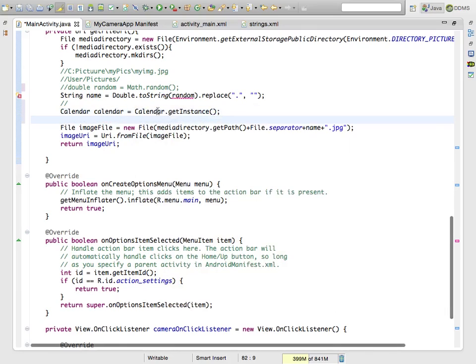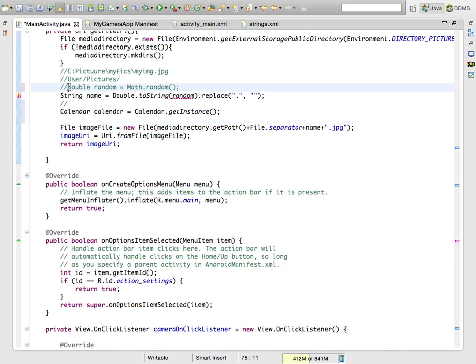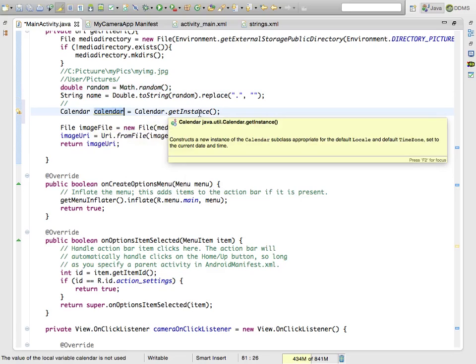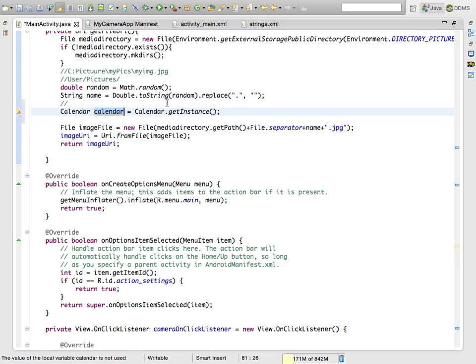when you call this line, calendar get instance, it means you will have access to the calendar. Calendar means your current date, time, hour, month, everything. So whatever time is set on the device, the object will be created with the current calendar instance. It means at the moment when you execute this line, whatever the time and date of your device, down to the second and millisecond, it will be a reference to it. So